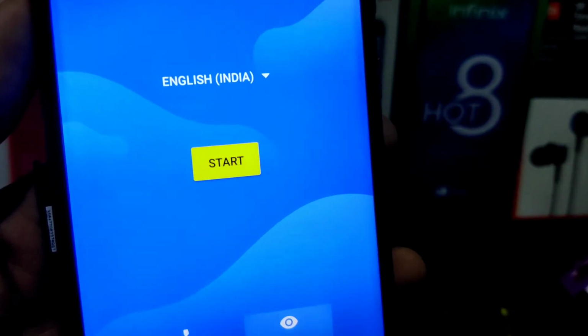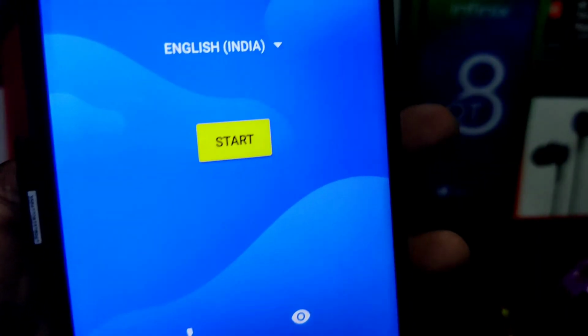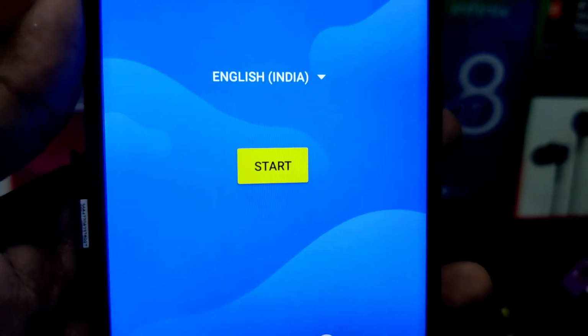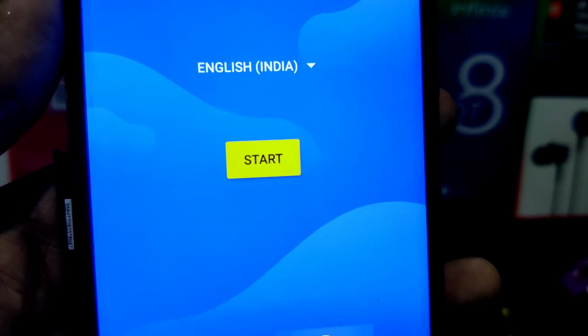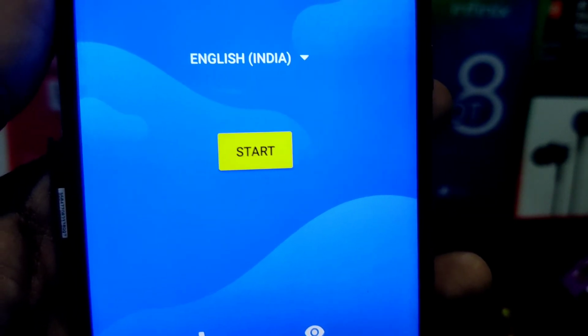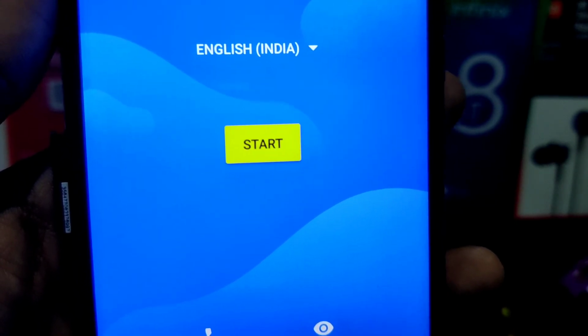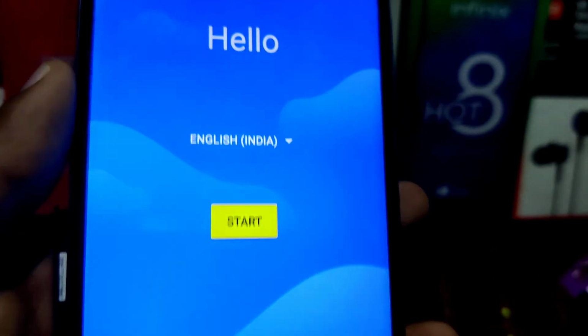So guys, you have to install a custom recovery after unlocking the bootloader. In today's video I can't show you because this video is already big. So tomorrow I will make a video on how to install recovery. I will make a video on Pitch Black recovery. If there is any Pitch Black recovery, then I will make it on that, otherwise I will make a video on TWRP recovery.